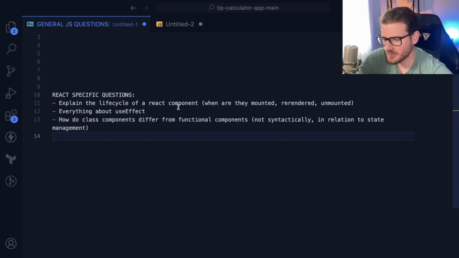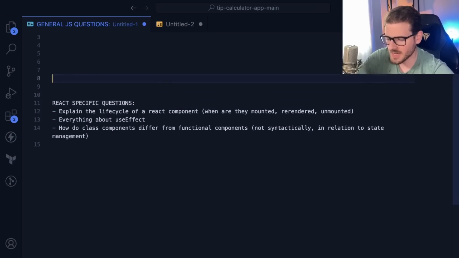Explain the lifecycle of a React component. When are they mounted, re-rendered, and unmounted? So I have a really fuzzy understanding of how some of the lifecycle methods work. I know that in React, when a component shouldn't be displayed, so for example, if I said false and I would say my component here,